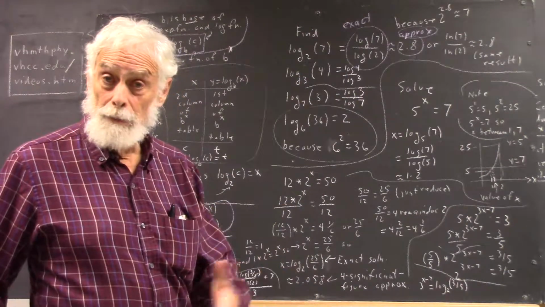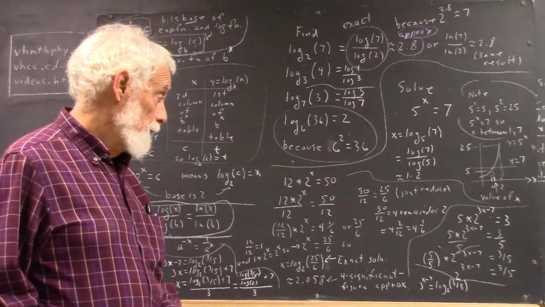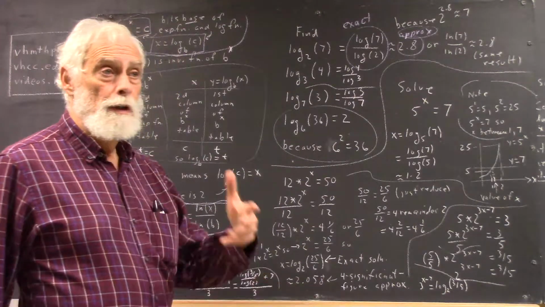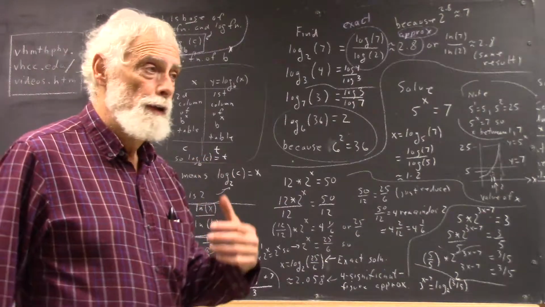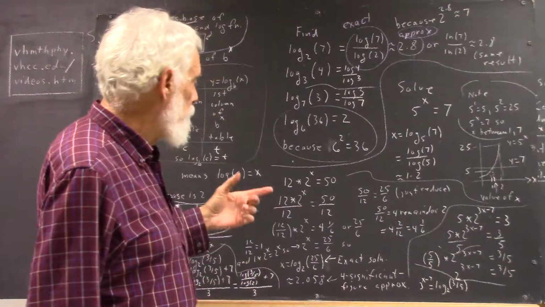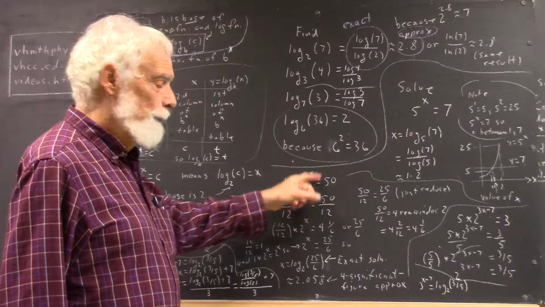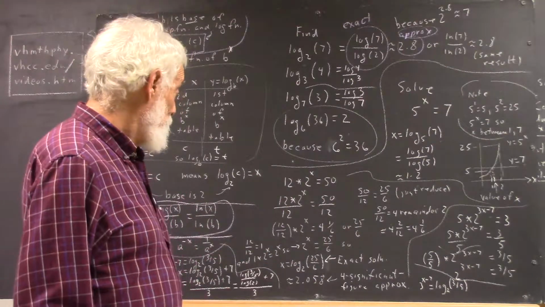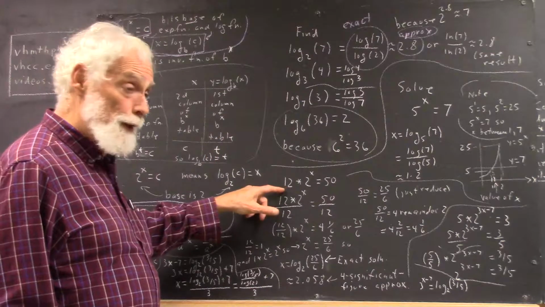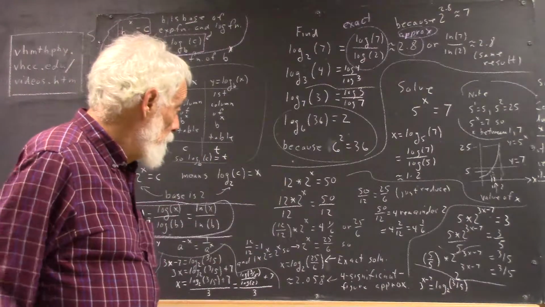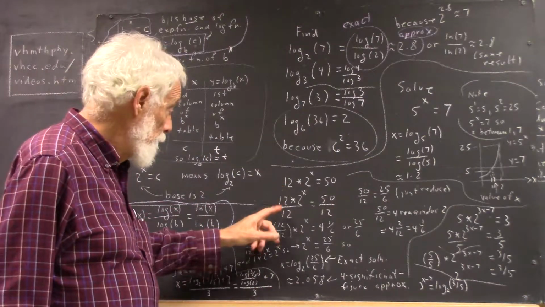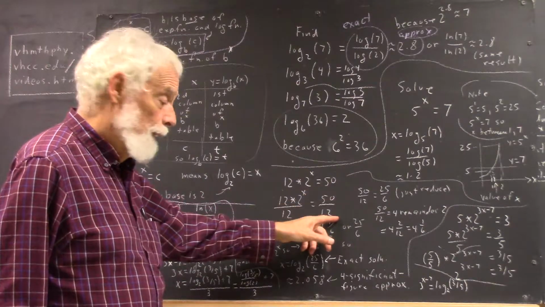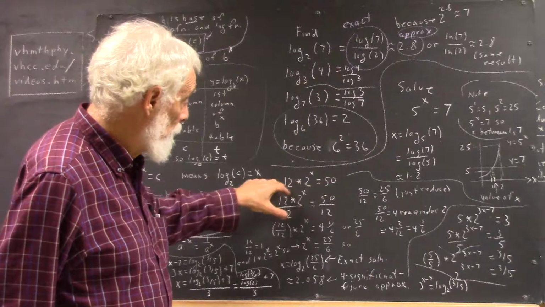instead of dividing by 12. And that's just an inattention to what's actually going on. If you subtract 12 from 12 times 2 to the x, you don't get 2 to the x. Okay? You can't get rid of that 12 by subtracting it. You have to divide by 12. So you get 12 times 2 to the x over 12, and of course you divide this side by 12. So we divide both sides by 12,